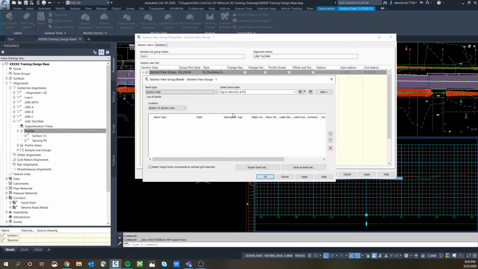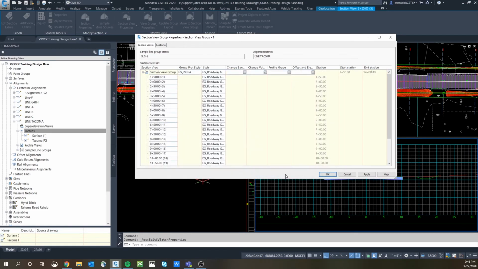And then the next most confusing thing you've seen today, this is looking at the bottom, but I don't have a bottom band put in there. I have a top band put in there. And so right now, surface 1 is looking existing. You want to make surface 2 look at the Tahoma Road Rehab proposed grade. Apply, okay, apply, okay,